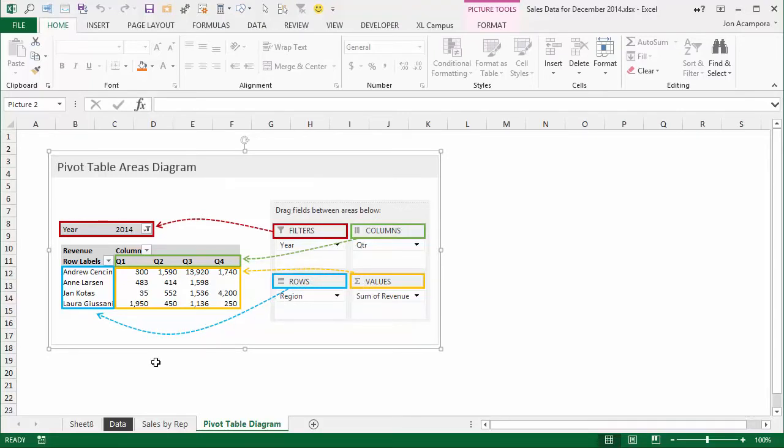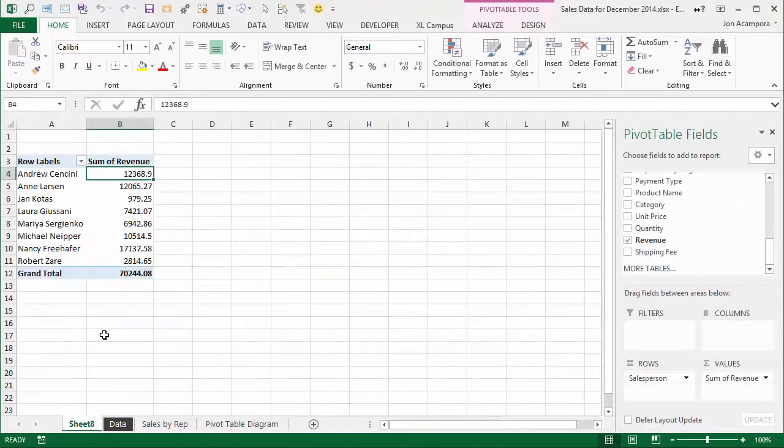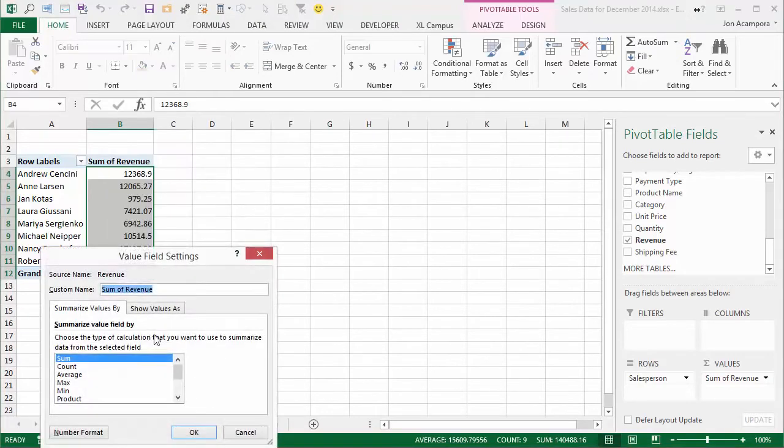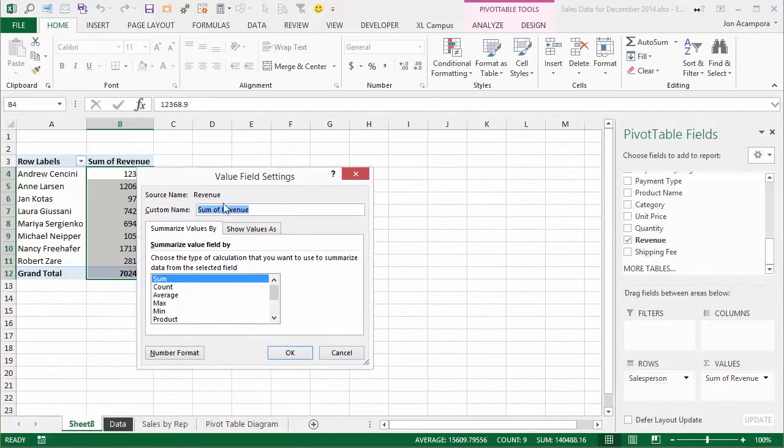Okay, so let's continue building out our pivot table. So probably the first thing you notice is that these numbers are not formatted. When we dragged the revenue field into the values area, it did not format those numbers. So we want to format those, and the easiest way to do that is if you just right click on any cell in the values area there and then go to value field settings. That'll bring up this value field settings for the revenue field, sum of revenue,